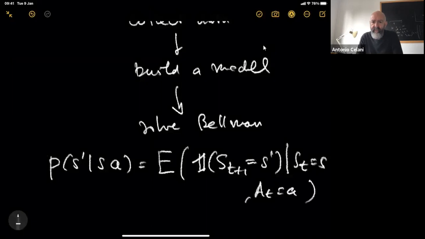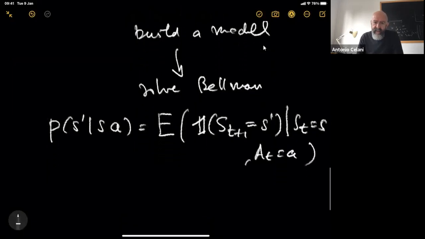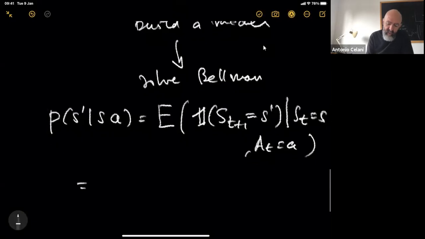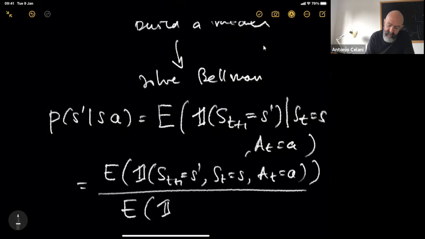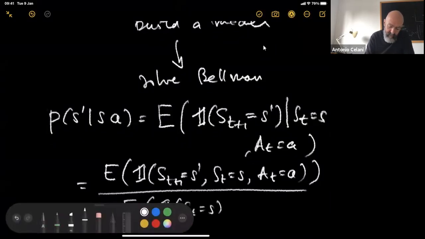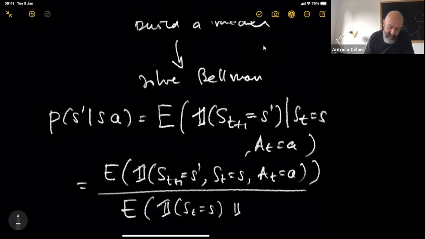You see that? This is a conditional expectation, which is in fact a probability. So it's actually the ratio of the joint probability and the probability of the event over which we are conditioning. So this is also equal to the expected value of the indicator that the three things happen, divided by the expected value